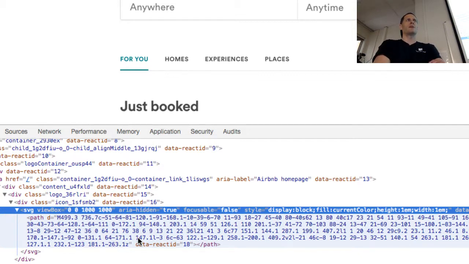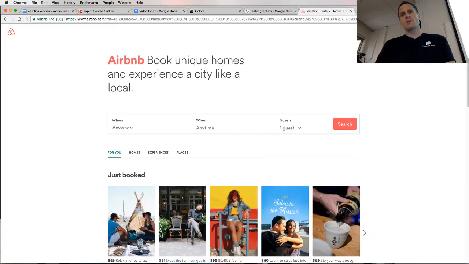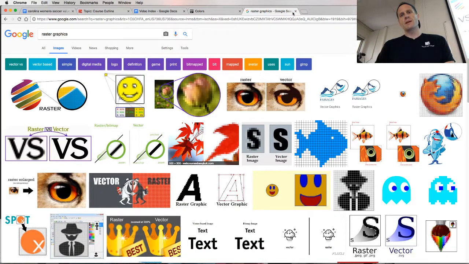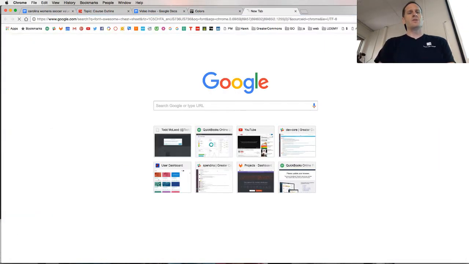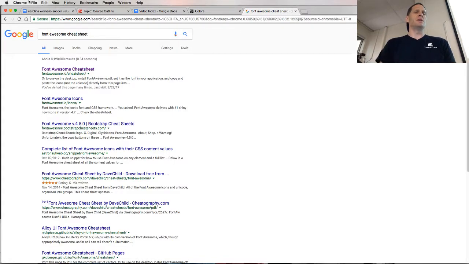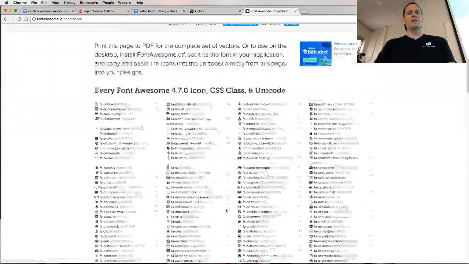The great thing about that is it's really small. That's not much stuff to send over to somebody's browser. And I can make this as big as I want, and it's always going to be crisp and clear. So scalable vector graphics are great. How do you start working with them? The best and easiest place to start working with them is Font Awesome, in my opinion. You just Google Font Awesome cheat sheet, and you go to the Font Awesome cheat sheet, and there's a whole bunch of different logos and icons that